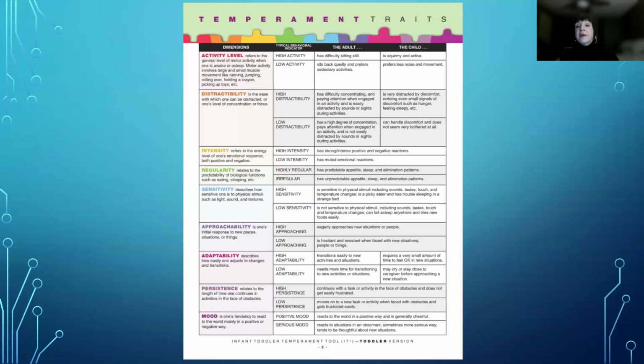So a highly active adult may have difficulty sitting still. The child may be squirmy and active. The low activity adult sits back quietly and prefers sedentary activities. The child prefers less noise and movement. So they break it down to adult and child. And then the very best part,